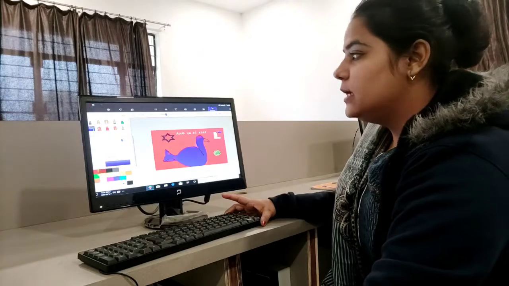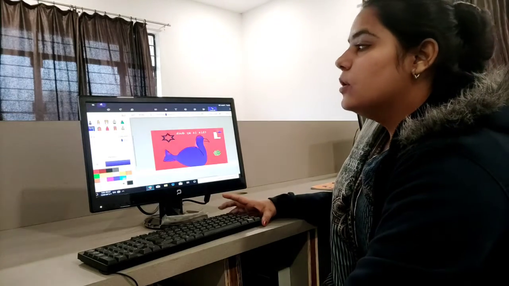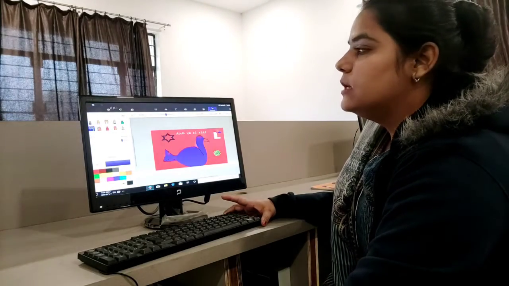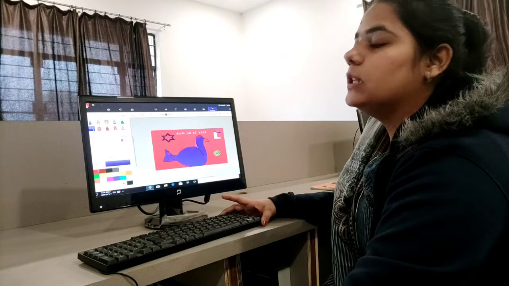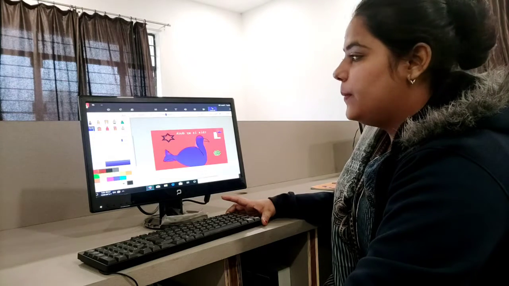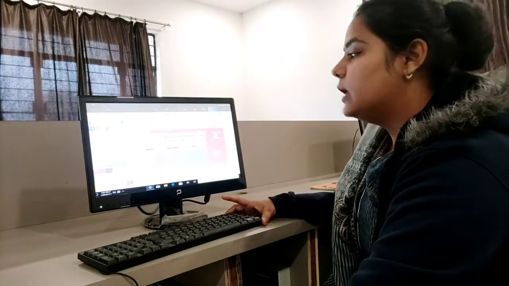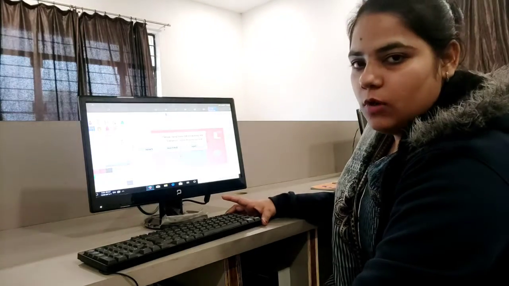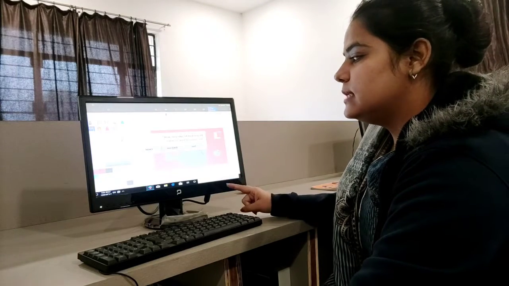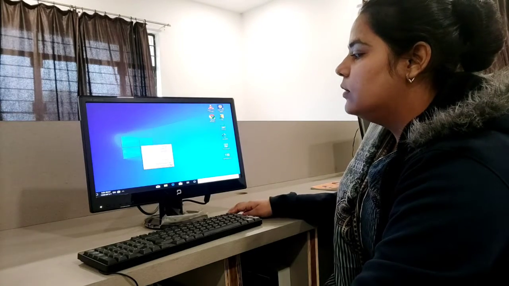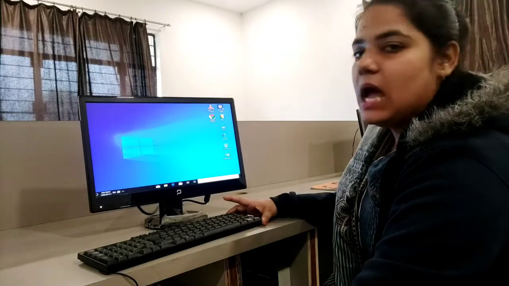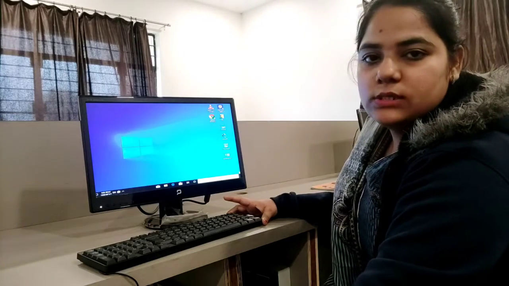Now it is completed. So if we want to close it, then how will I close it? We will close it from the cross button in the right side upper. Cross it. If you want to save, I told you how can you save the file. Or if you don't want to save, you can choose don't save option. It is closed now. After that, we will close our computer.